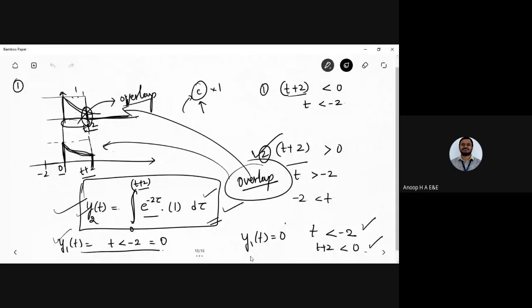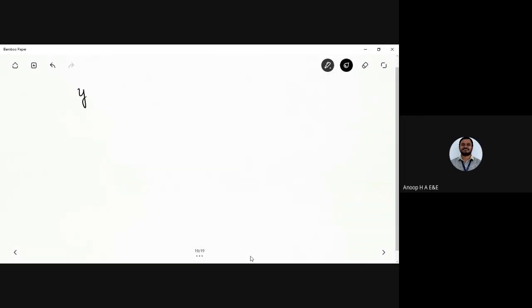We are going to start another session on numerical problems again. I hope the screen is visible, and we are going to solve for y2 of t. I just gave you as an assignment to evaluate the integral. I hope everyone has done it. And what you would get y of t as? Anyone? y of t, that would be the second output with the overlapped function. You are going to get it as 1 by 2 minus 1 by 2 e power minus 2 times t plus 2. Okay, hope everyone has got this.